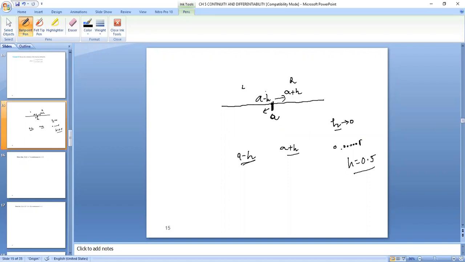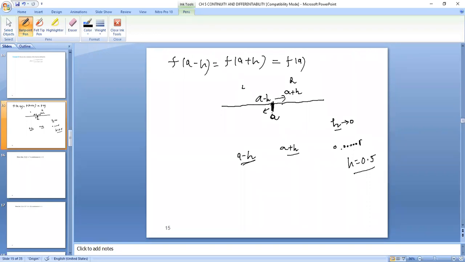So we will be checking the limits of the function at A minus h and at A plus h. If the limit of the function at A minus h is equal to the limit at A plus h, and this is equal to the value of the function at A, again we can say that the function is continuous. This is another concept of proving the questions of limit and continuity: take a random number h, which is tending to 0, a very small number.